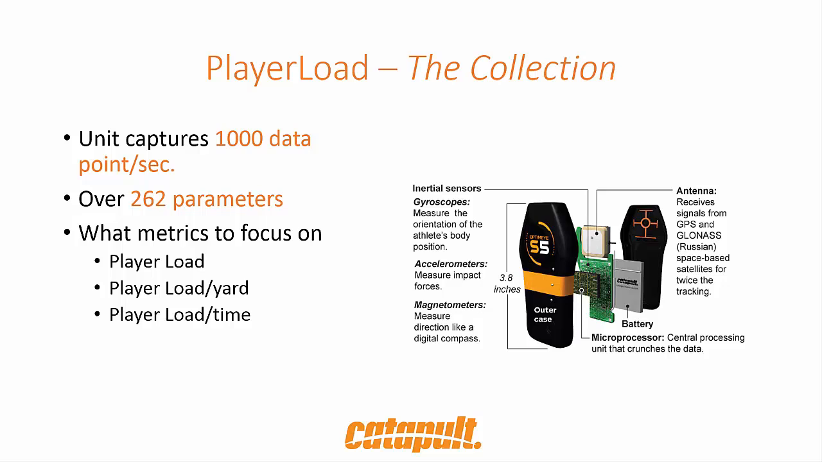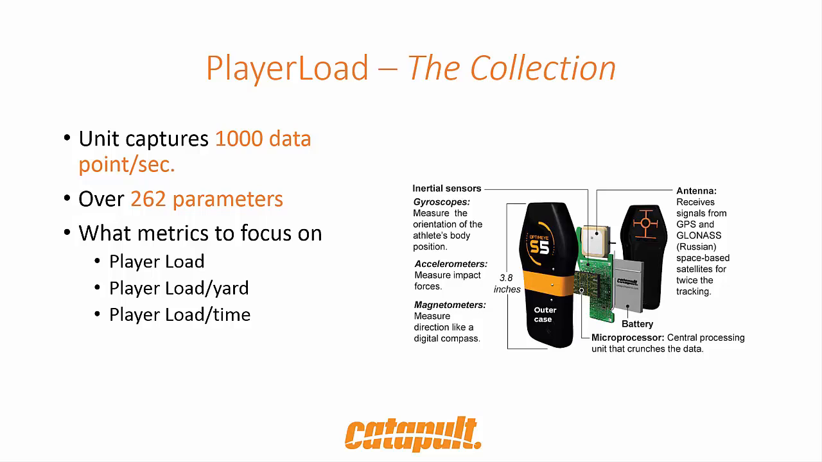So the collection is basically the hardware components of it. The unit itself collects 1,000 data points per second. So there's a lot of information that this unit has to process, so we have a very smart processor on board to do that. And then we're able to get our GPS through the GLONASS system as well as the American system. So we're getting 3 constellations essentially of very accurate satellite reception to gain our GPS data,